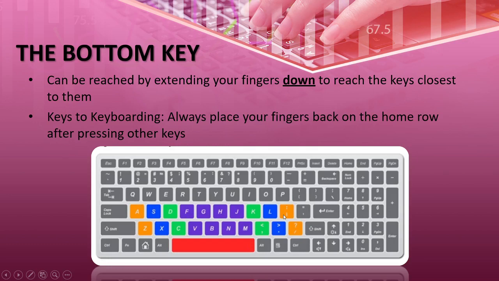Semicolon here is on the right side, so the right side little finger, and here is A for the left side, so the left hand little finger is put on the A, and it is similar here with the Z, that indicates the left hand little finger, and here the division sign indicates the right hand little finger. You have to just remember the colors and the finger names, and you have to just go upside, downside, left side, right side. Yes, it is so easy.